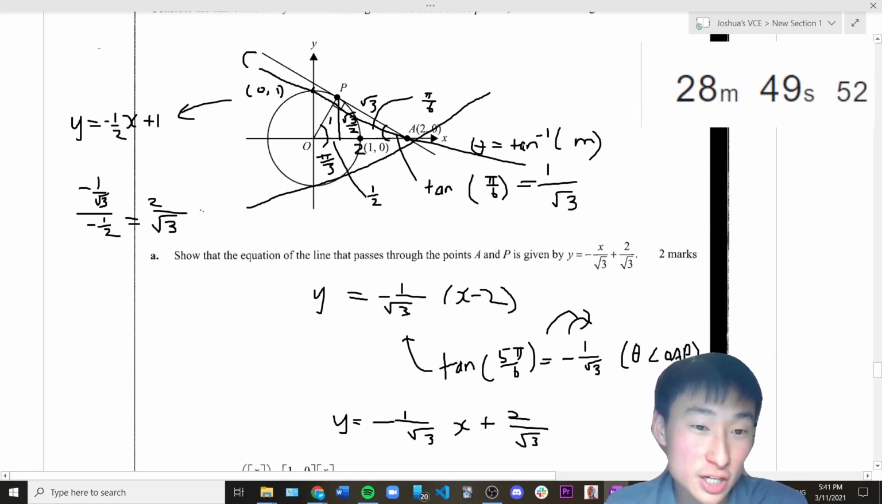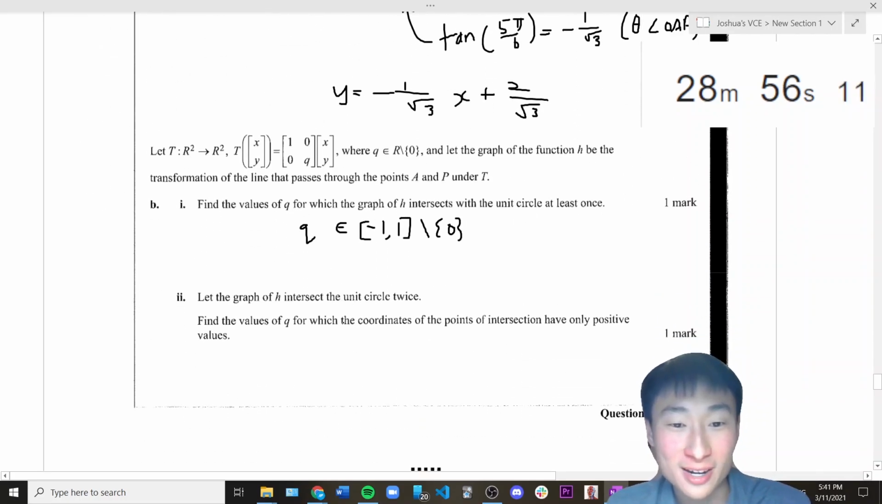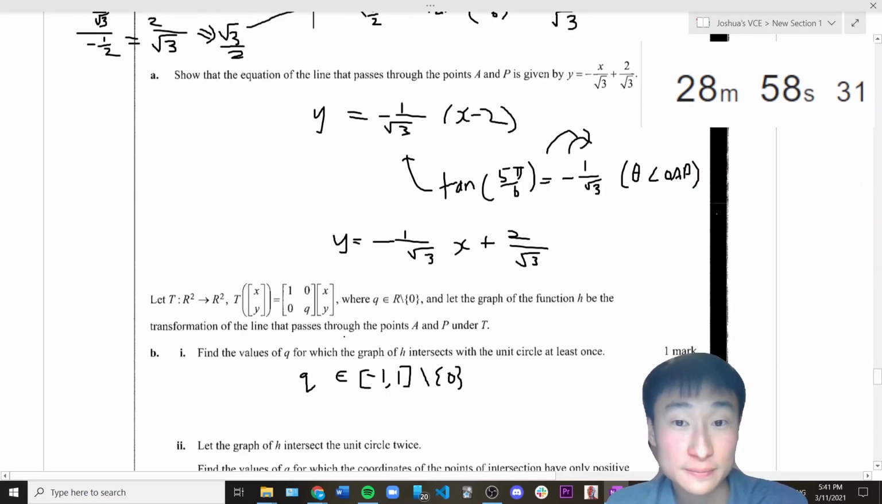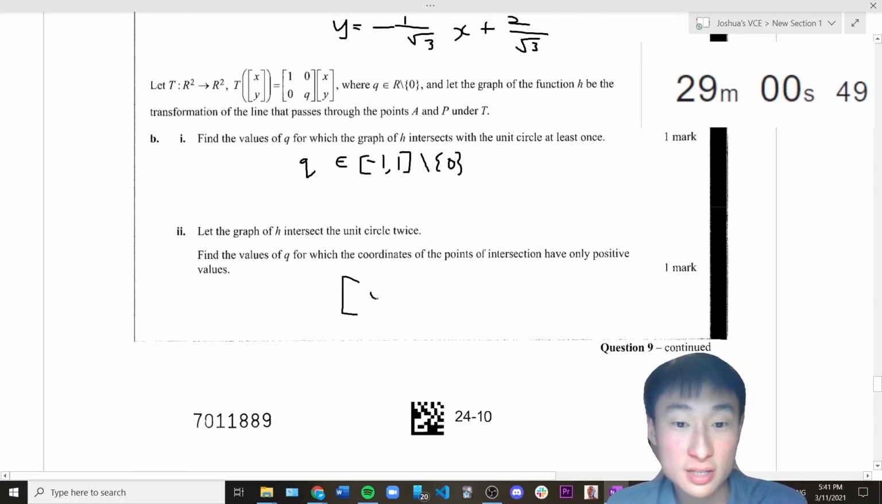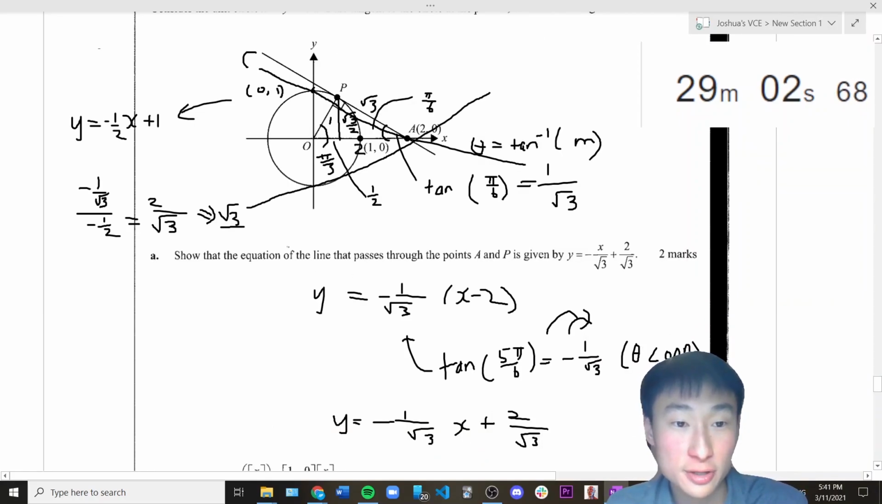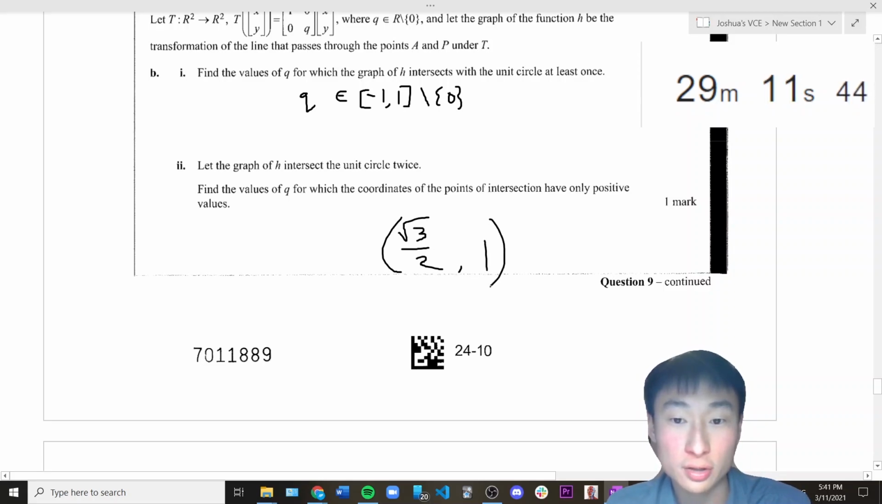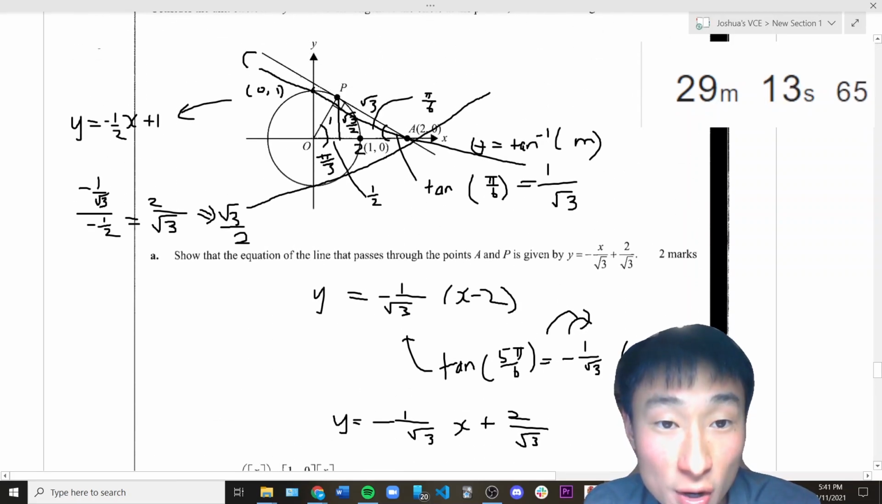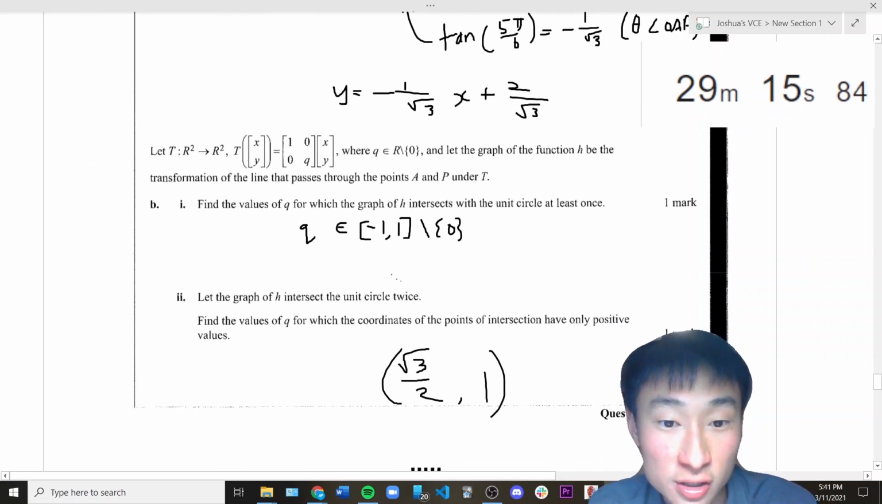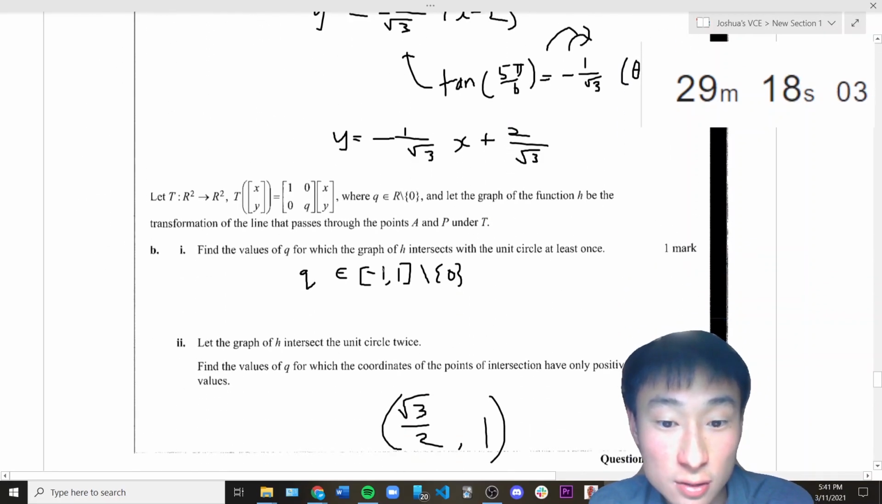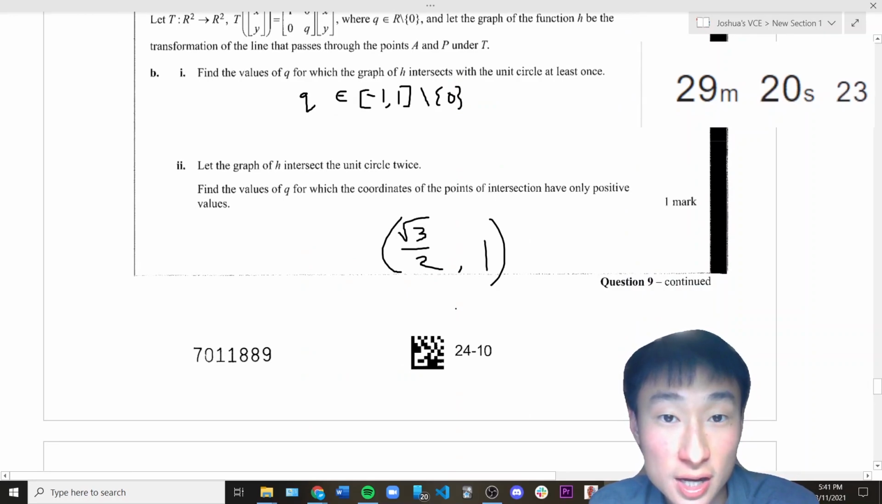I'm sorry, it should actually be root 3 over 2, I think, because it has to be less than 1. But since it's only 1 mark, I guess that doesn't matter. It has to be positive, which means that you can't include that point, root 3 over 2. So it's root 3 over 2 comma 1, not including 1, right? Because 1 is exactly that line, which means that it only intersects it once, and if it's less than root 3 over 2, then